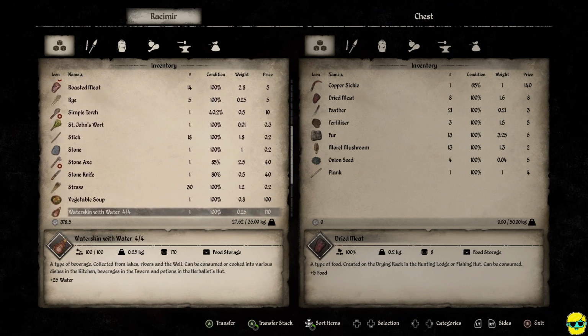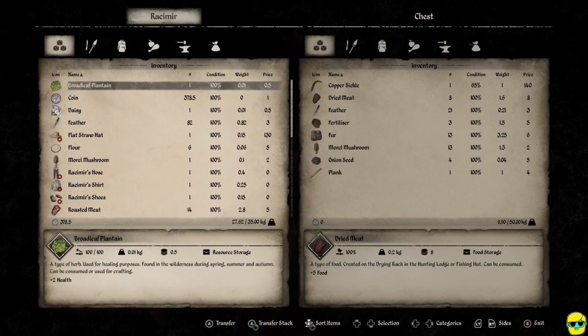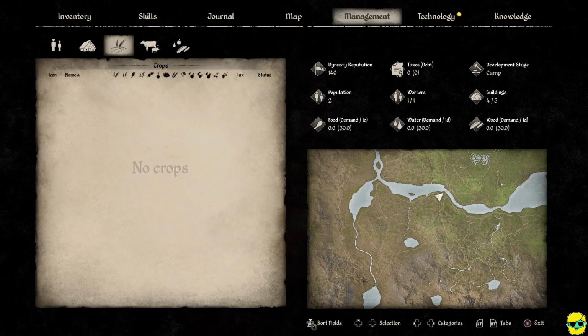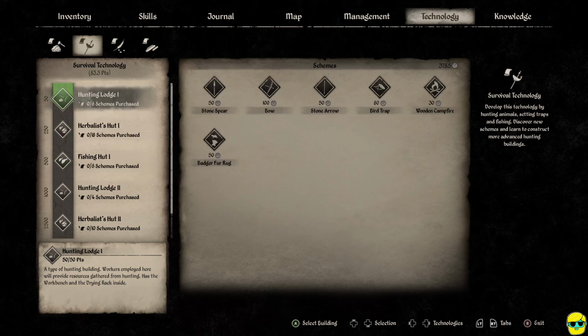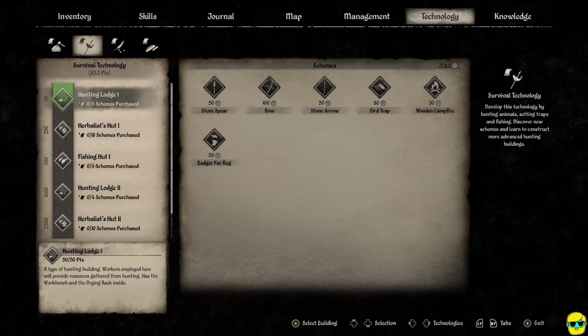What else weighs stuff? We've got stones. That's good, though. Okay, that's better. How are we doing weight-wise? Oh, we have a skill point. That's right. Now,